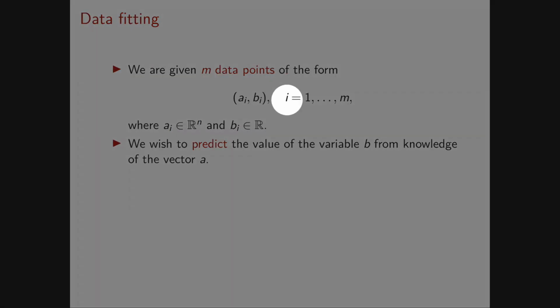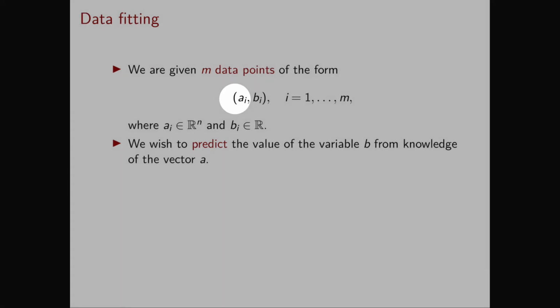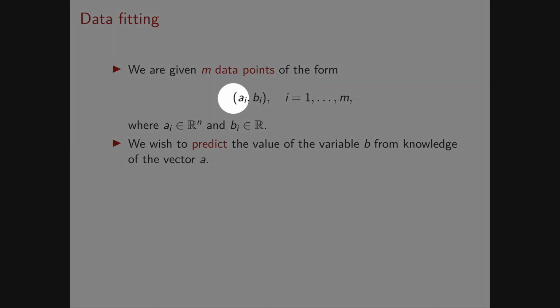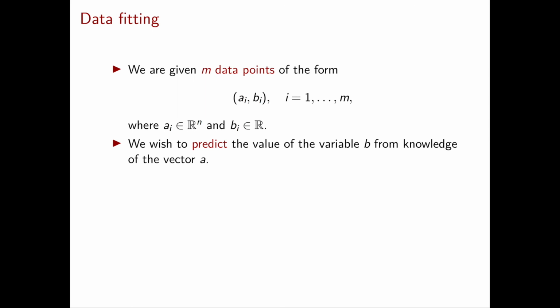One way to think about this problem is the following. Let's say that every i is a test patient, and every entry in the vector ai is the result of a test that this patient took. For example, a1 could represent blood pressure, a2 could represent the age of the person, a3 could represent the weight, and so on and so forth. And then bi tells us if this person has a heart disease or not. Then, in the future, whenever a new patient comes in, we can test all the a vector for this new patient, and we want to be able to predict this b based on the previous observations done on our m test patients.